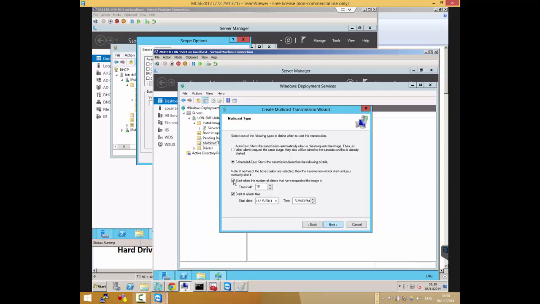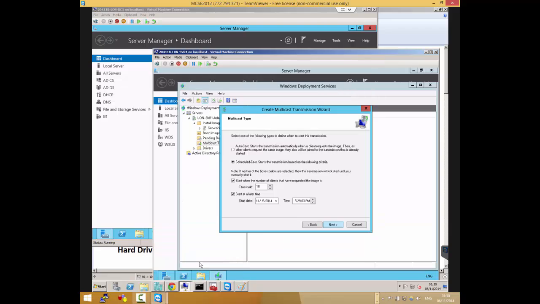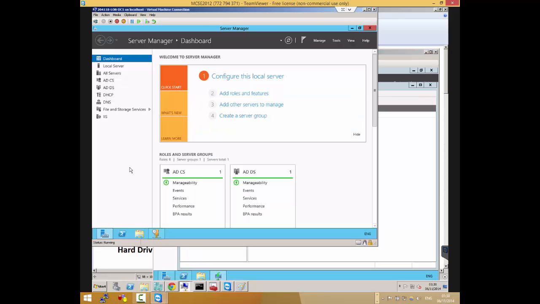But if you don't select any one of them, what will happen in that situation is that it won't broadcast anything, except you manually go in and say start broadcasting. Nothing will be broadcasted. Okay. Yeah, so that's like the whole point and all that.